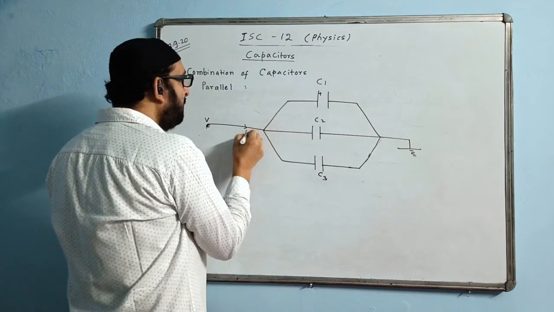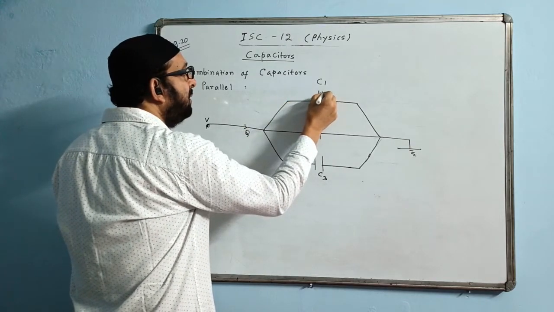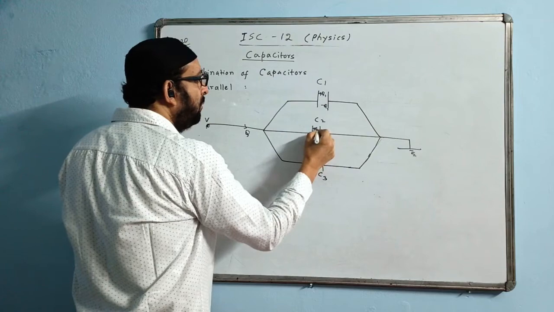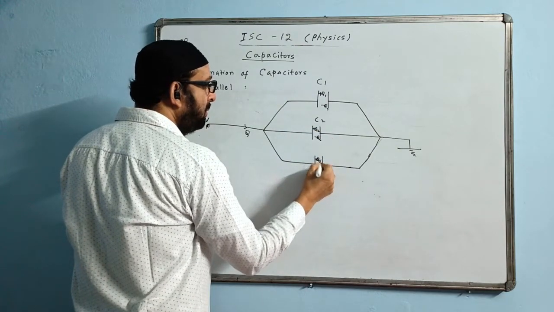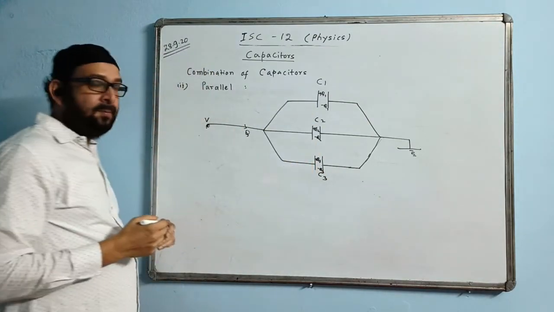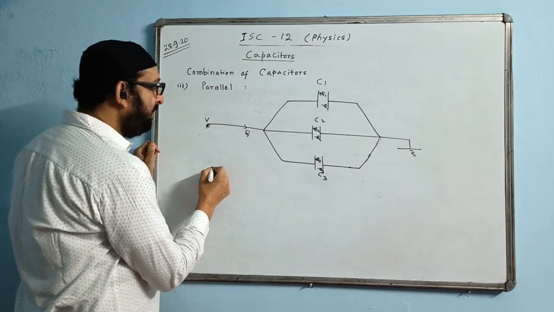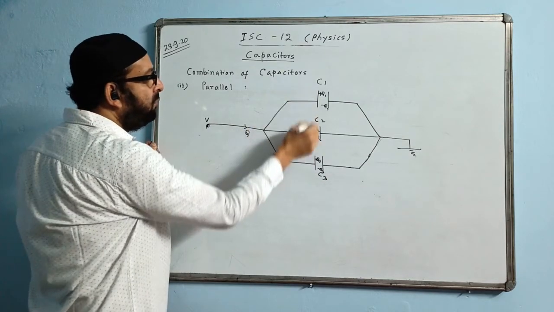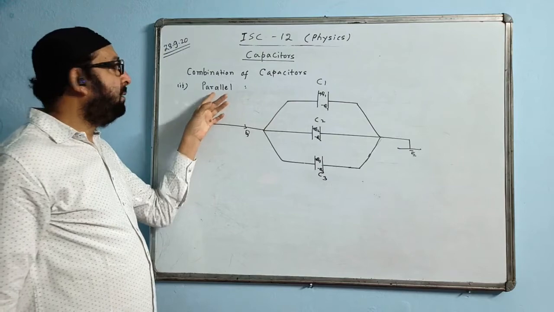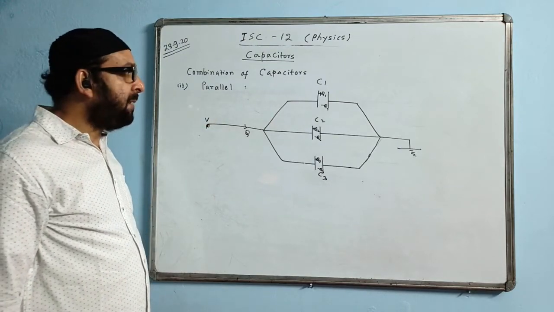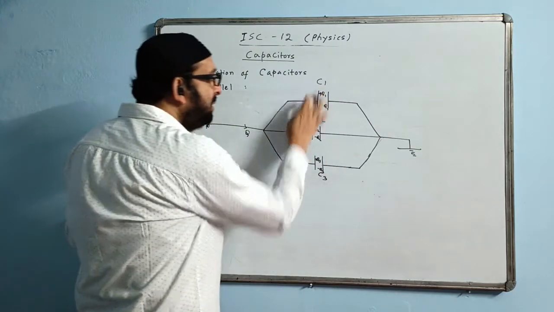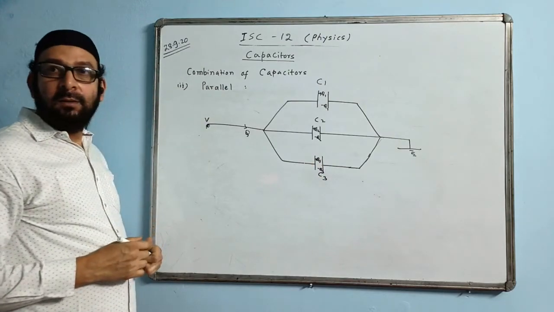Plus charges, total charge Q will be divided. So here the charge I let Q1, here minus Q1. Plus Q2, minus Q2, plus Q3, this is the negative plate, minus Q3. And the total voltage applied is V here. Total charge Q is dividing into 3 branches. We find where the charges are dividing into branches, they will be a parallel combination. Such a combination is called parallel. They are similar to parallel lines like this. So this is the diagram, and the diagram will give you 1 mark.